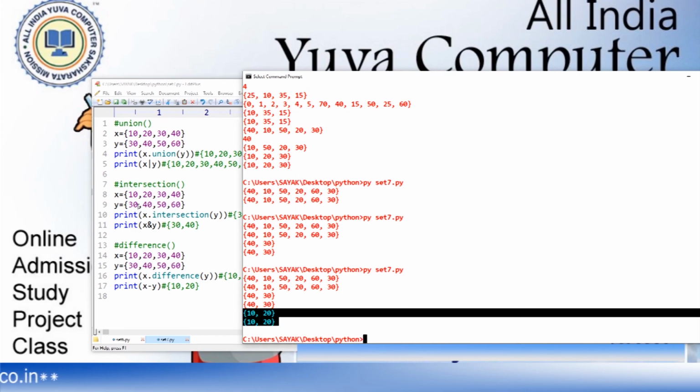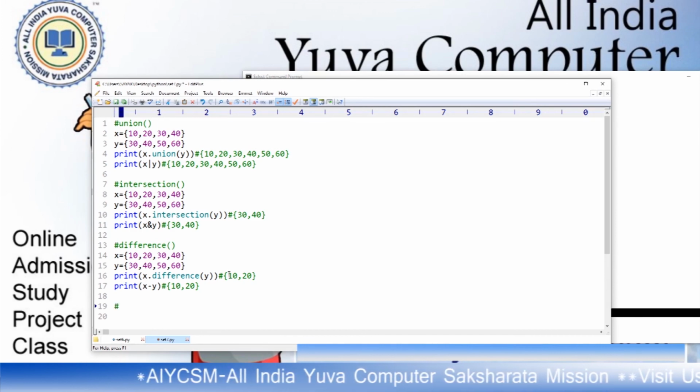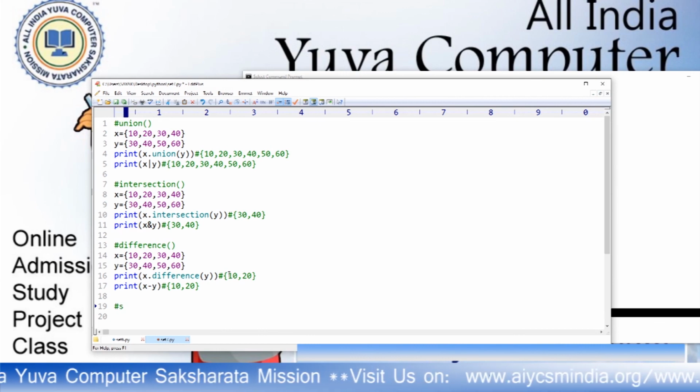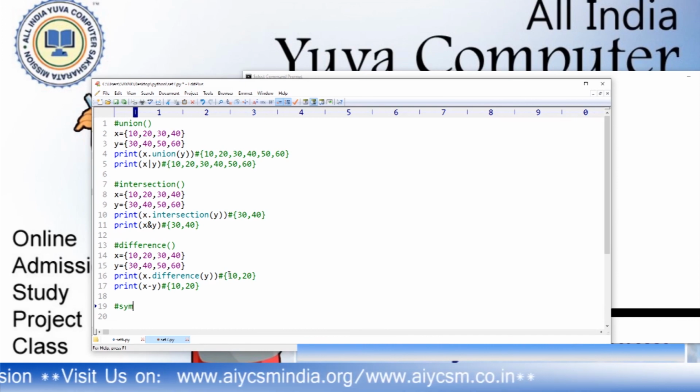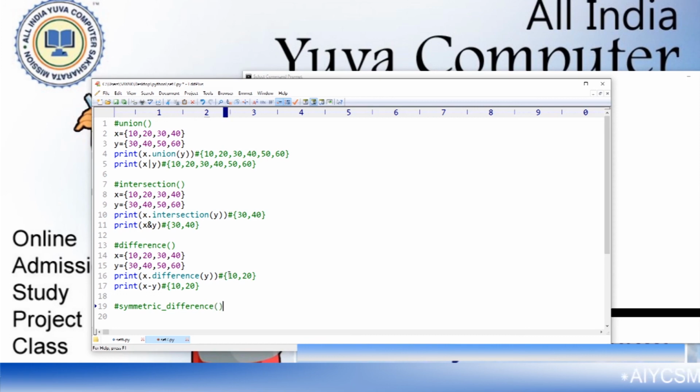So, if you use symmetric difference, we can use symmetric underscore difference, diff. You can use symmetric difference, it will return all the values from both of them.